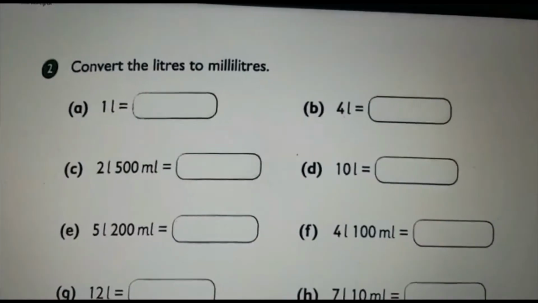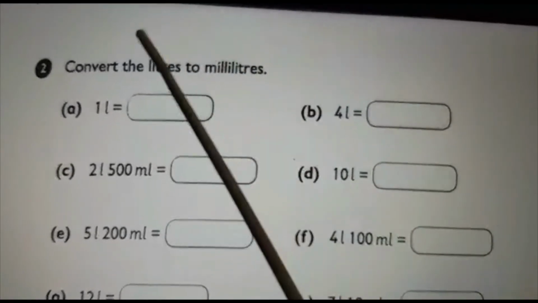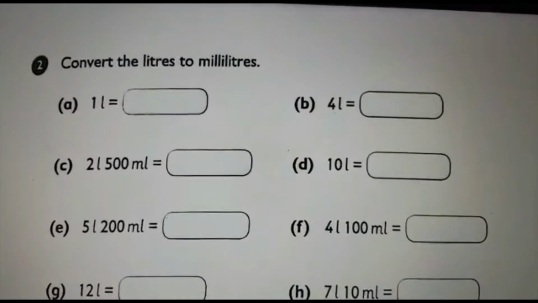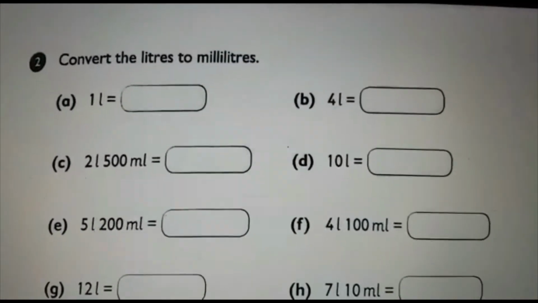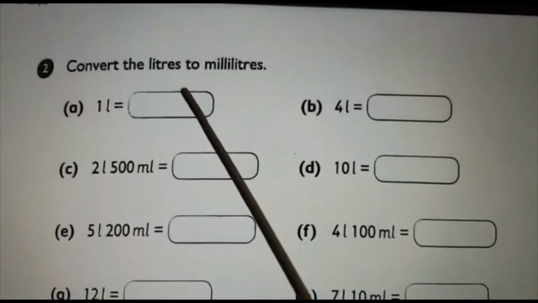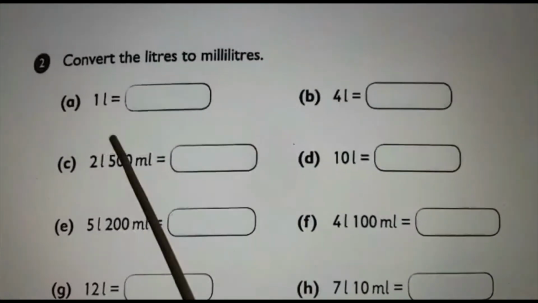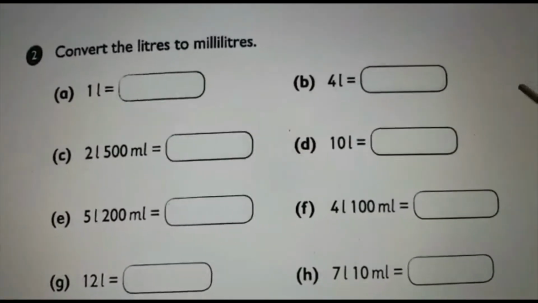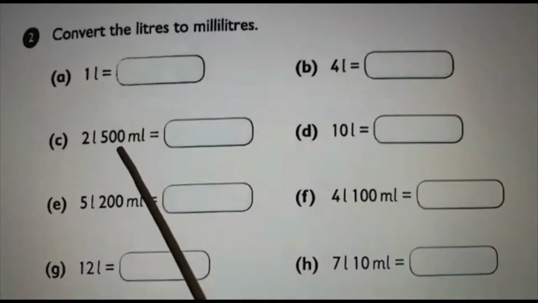Okay. Next one is conversion of liter to milliliter. That means big unit to small unit. Big unit up. Is it? When we go up the ladder, top is the big. So big to small, we are coming down. So we will multiply. So we know the conversion: 1 liter, how many milliliters? 1000 milliliters. 1 liter is 1000 milliliters. So what will be 4 liters? 4 multiply 1000, that is 4000. Is it? So same way you can do all these questions.